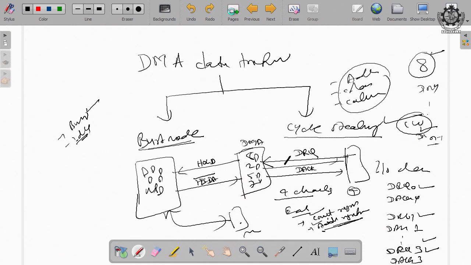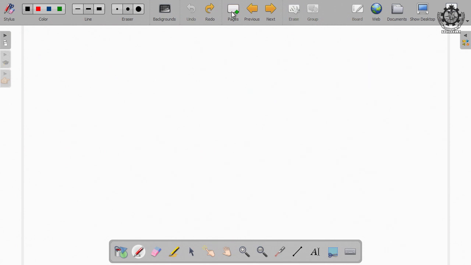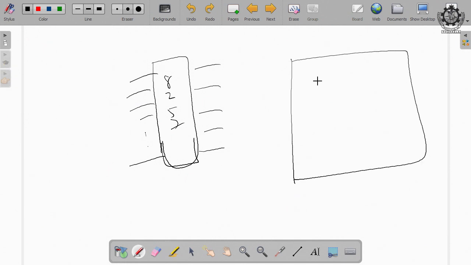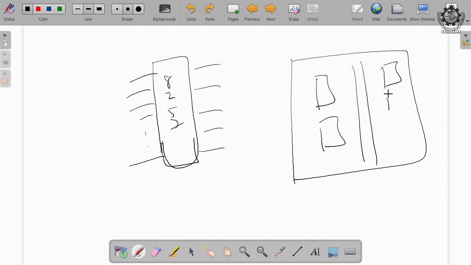So, that means to understand burst mode and cycle stealing, we have to know 8257. There are some input signals and some output signals. And under this 8257, what are the internal components? This is the internal system bus and these are the channels, channel 0, channel 1, channel 2, channel 3, and this is the control logic.